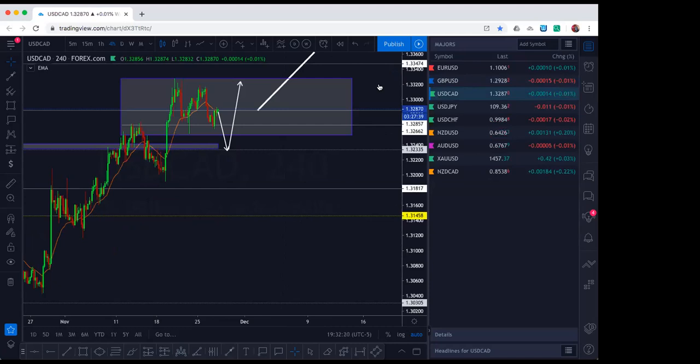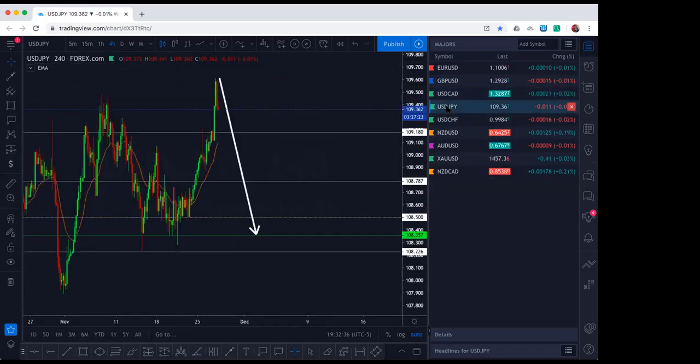Right, not much to be said about this. Areas to watch: 132.40 and the top of your recent highs, which is what, 133.20 or 133.30, in and around that overall area. That's what you want to be looking at. For USD